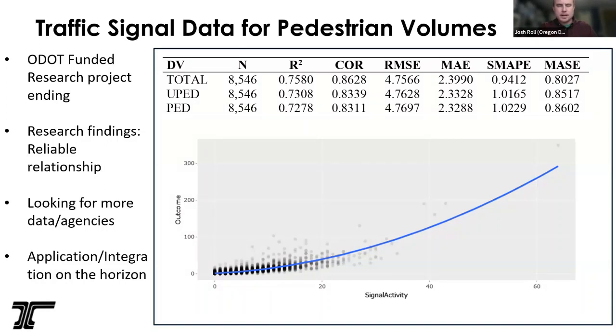But the thing I see that's even more important to connecting to big data is the way that we'll ultimately use these types of data, which essentially, once we factor the push buttons, turn into quasi-permanent counters. In terms of sheer numbers, ODOT manages about 800 signals that collect the push buttons, and we're talking with partners in the Portland metro region about getting their data, City of Portland, Washington County, and we should have almost double that count of 800 just in the Portland metro region, not to mention the other local agencies around the state that, if they had interest, could contribute data.